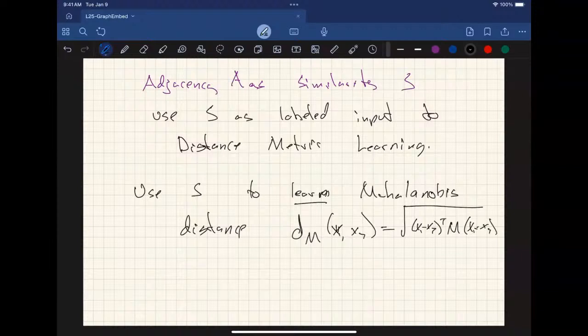And if I wanted to use Euclidean distance, I can write M as A transpose A. I guess I don't want to overuse A here. Let's say as R transpose R,